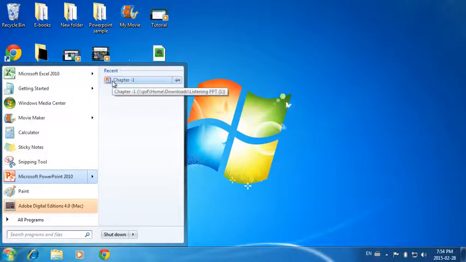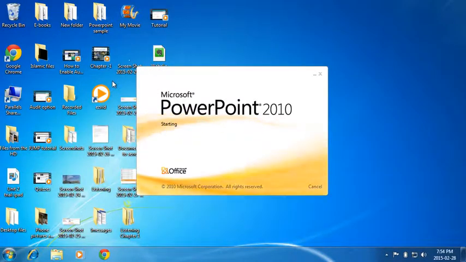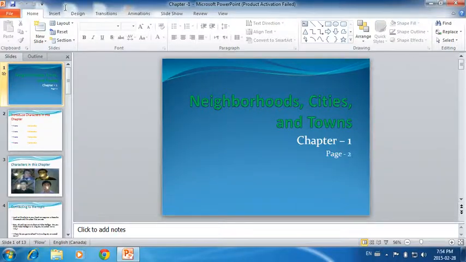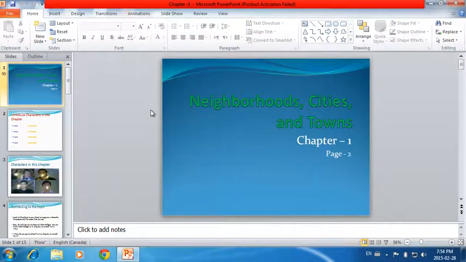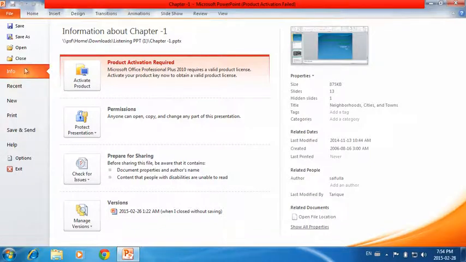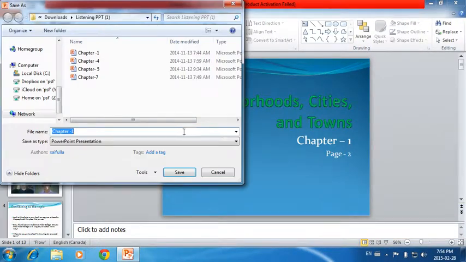PowerPoint file that you want to convert. So in this case, we will go with Chapter 1, okay? And then sorry, we need to activate this soon. For this one, when we get here, all I want you to do now is go to File, Save As,